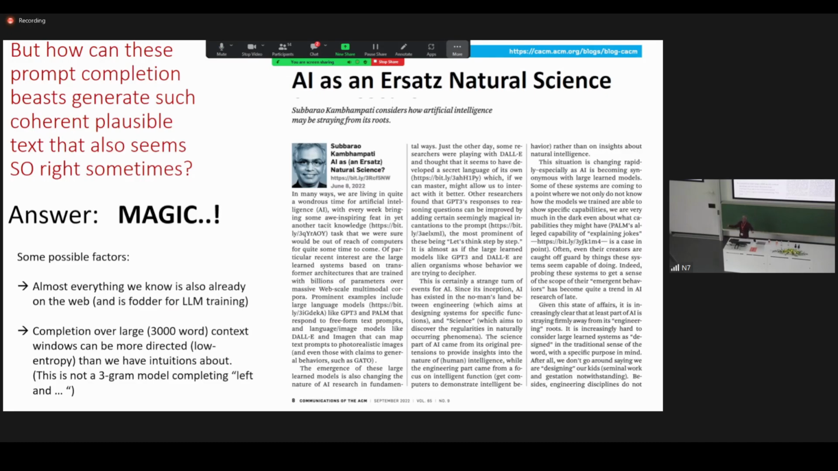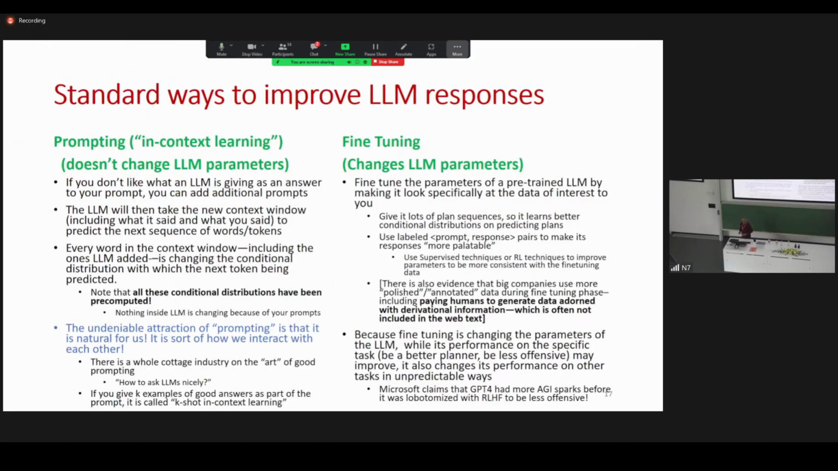Not exactly by retrieving, but that's a point to keep in mind. The other thing is that we don't have intuitions over completions over large context windows, as I've already pointed out. And that might be the reason we are surprised. And the last thing about the LLM part before we jump into the planning part is,